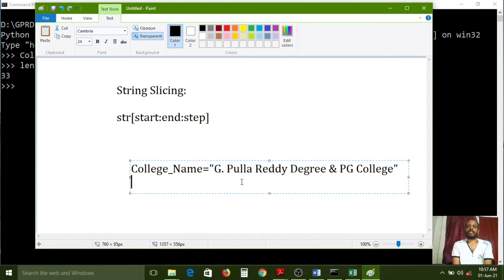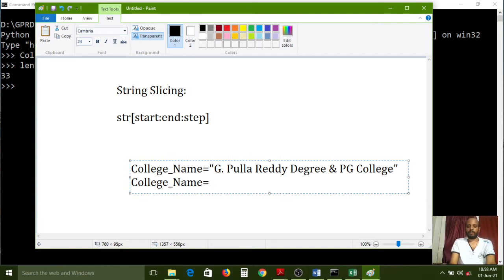So what are the indexes of these two words? G is indicated by the 0th index, full stop by the first index, and space by the second index. After that, P is the third index. So 3, 4, 5, 6, 7, 8, 9, 10, 11, 12, 13. Up to 13 we have to use. In the str place I use college_name, because the variable is a string type variable.